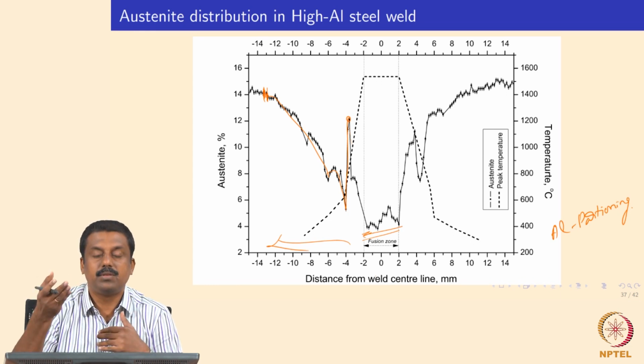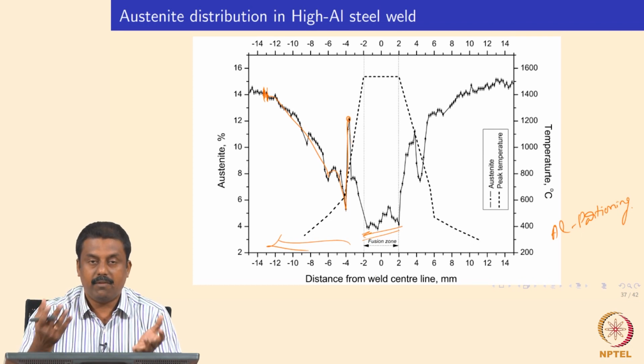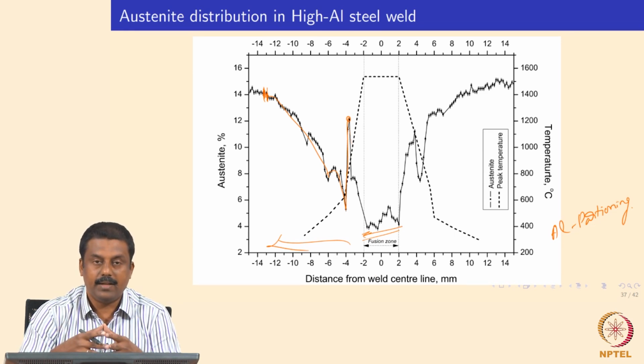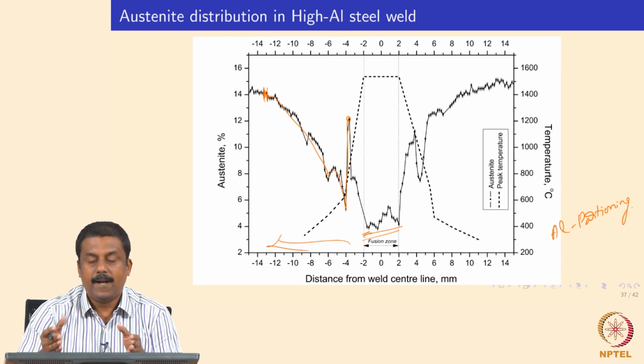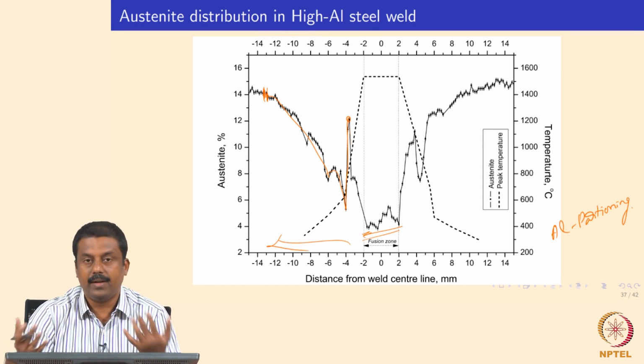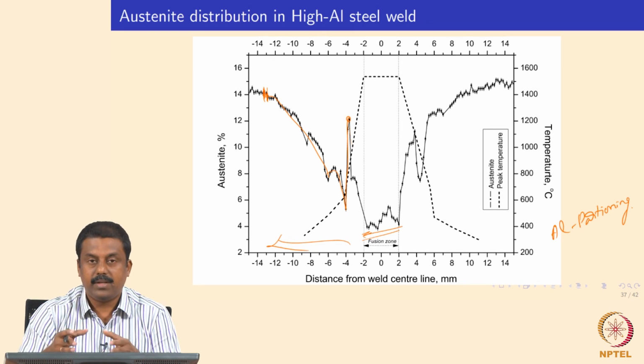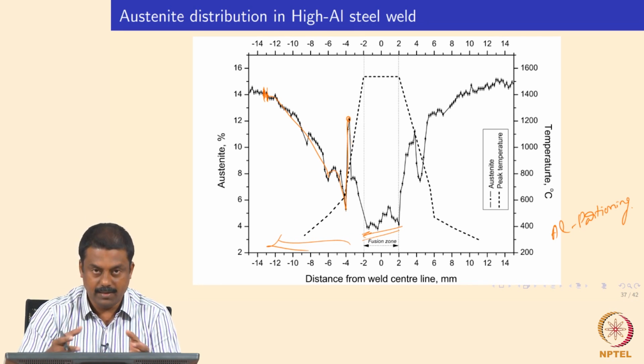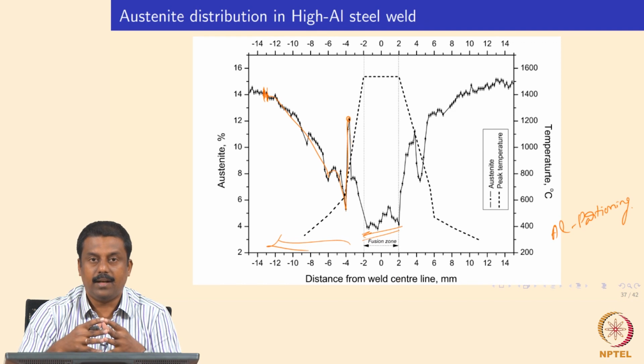Subsequently, when your temperature goes above A3 temperature, where you have a fully austenitic microstructure, there is no partitioning. So you just cool down from whatever temperature in the fully austenitic region. Based on the carbon concentration of that region, you would end up getting retained austenite. There won't be any enrichment. Subsequently, when you are moving to the fusion boundary, in high silicon steel there is a partitioning of carbon, whereas in high aluminum steel at the fusion boundary you have a stabilization of delta ferrite, decreasing the retained austenite fraction.